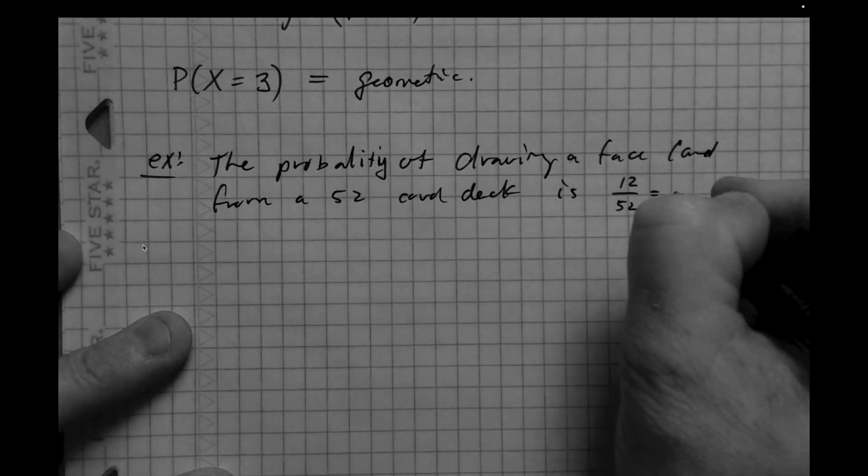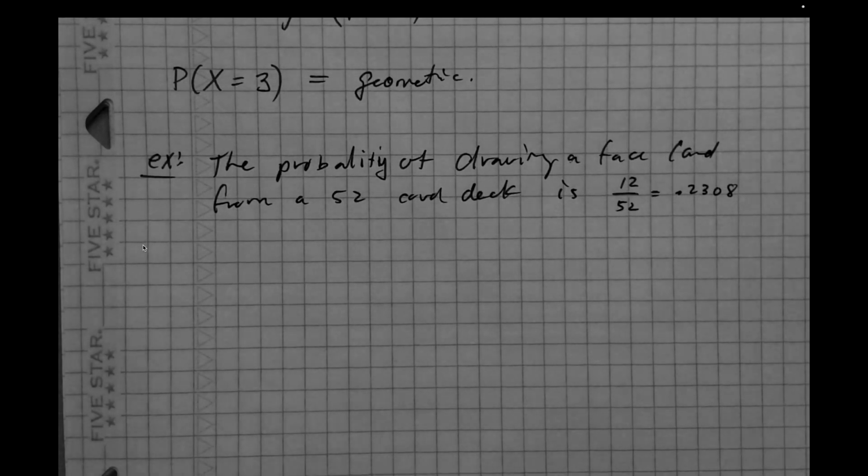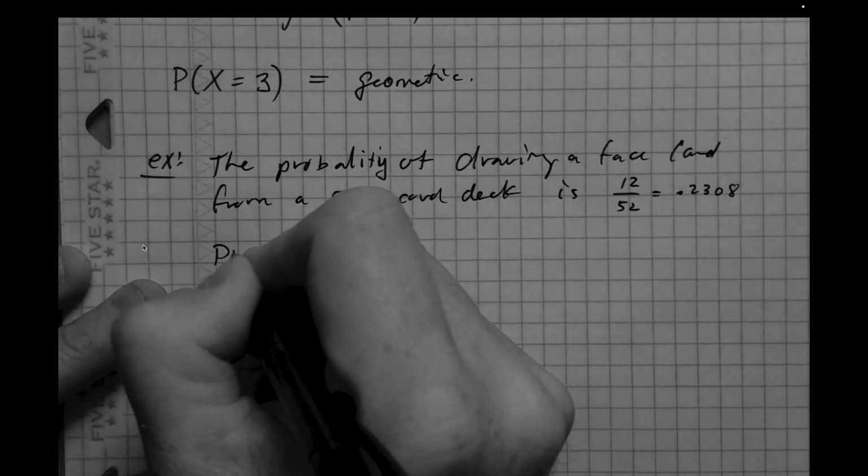Right, so that's approximately 0.2308. So let's find the probability that we draw 10 face cards with replacement and that the 10th is drawn on the 15th draw. So we want the probability of